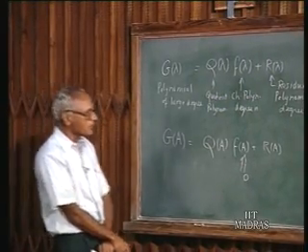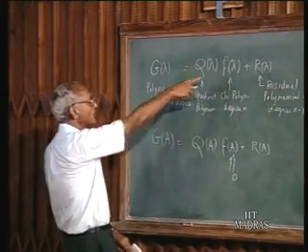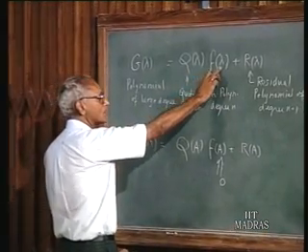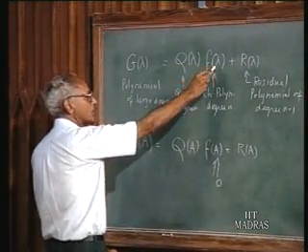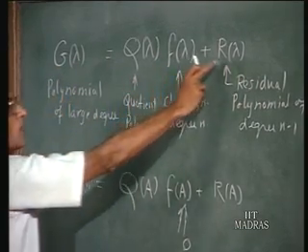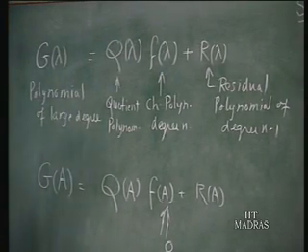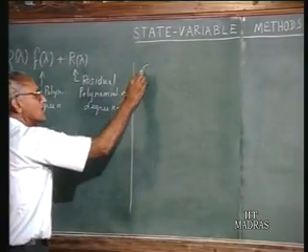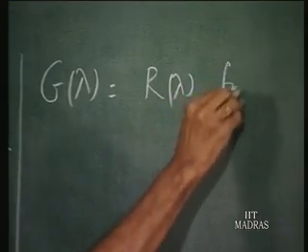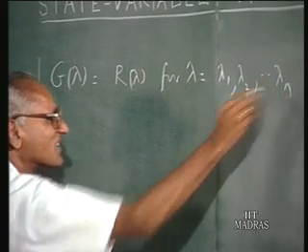Now how do we calculate therefore the coefficients in this polynomial R(A)? For this you go back to this equation. If lambda equals lambda 1, lambda 2, suppose you substitute one of the characteristic values for lambda, then this becomes 0. That means G(lambda) will be equal to R(lambda) when lambda takes any one of the characteristic values. Therefore we can say that G(lambda) equals R(lambda) for lambda equals lambda 1, lambda 2 up to lambda n, because